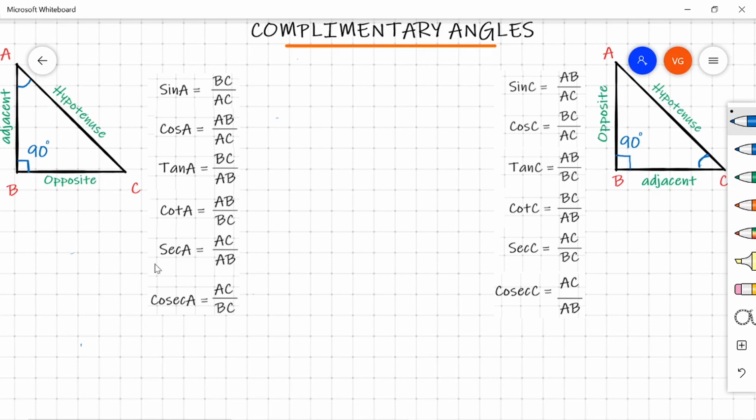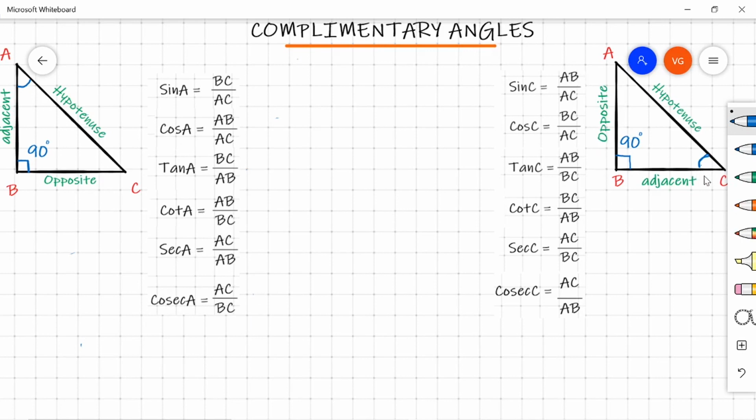Here I have listed down all the trigonometric ratios with respect to acute angle A. So sin A is opposite by hypotenuse, so BC by AC. Cos is adjacent by hypotenuse, so AB by AC. Tan is opposite by adjacent, so BC by AB. Cot is reciprocal of tan, so AB by BC. Secant and cosecant, reciprocals of cos and sine, that I have listed down here. Similarly,